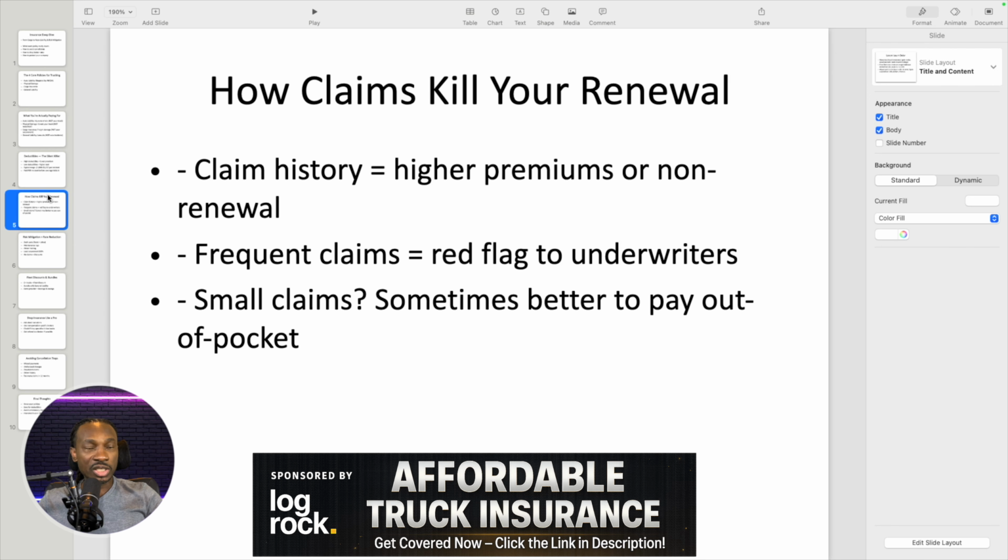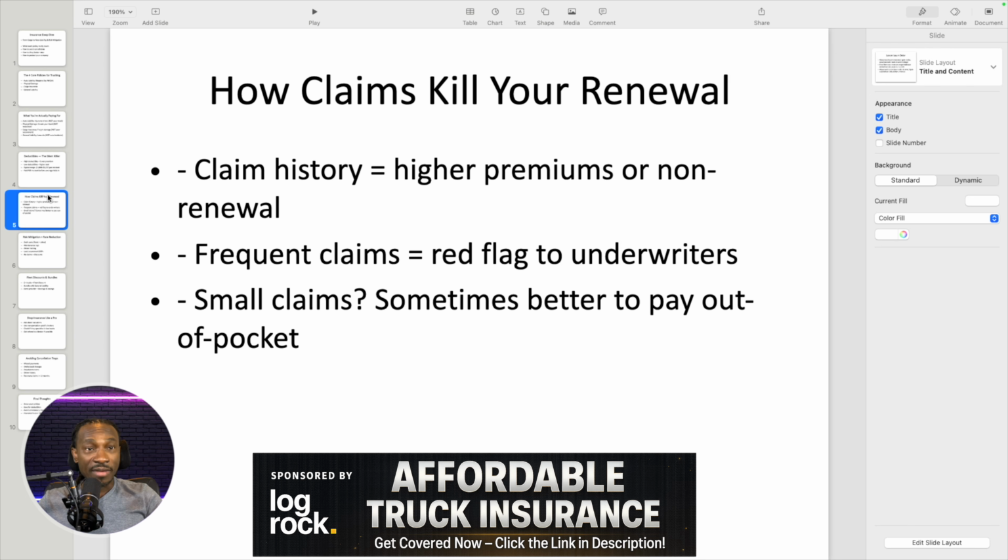So, for instance, what's considered a small claim? A couple grand is a small claim. If you're doing final mile delivery, and let's say you are delivering a refrigerator that's $3,000, and it gets damaged as you're trying to deliver it, then that $3,000 claim is not something that you want to file a claim for. It's something that you're going to pay out of pocket. The 3PL will probably set you up on a payment plan and deduct it every settlement period, unless you tell them to just take it all out at once, right? You don't want to put a $3,000 claim on your insurance.